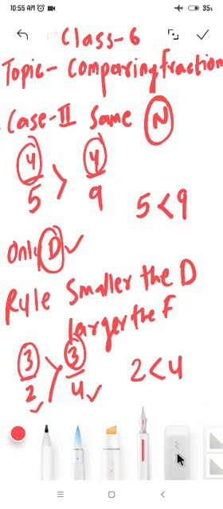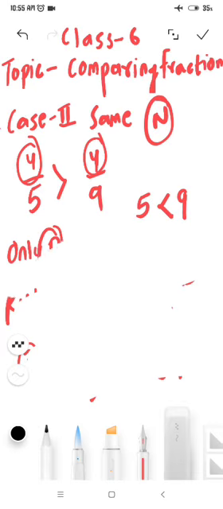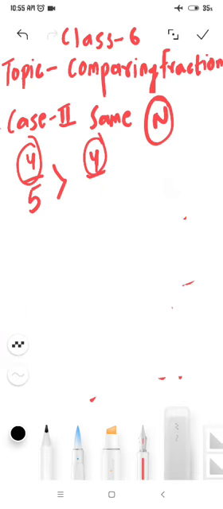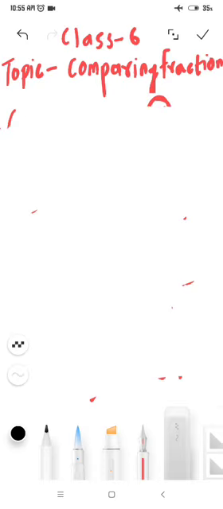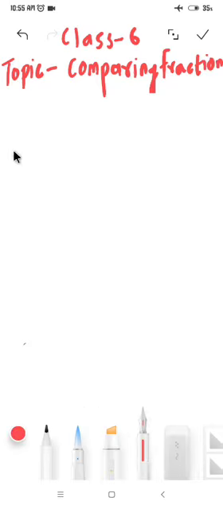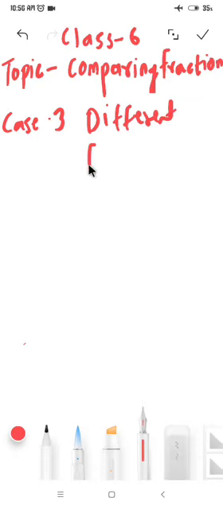Now I am rubbing this, and now the last one, case third. Wait a little bit. Case third. What is case number third? Dear student, if the fractions have different numerators and denominators. Okay. Different fractions. For example, 4 upon 5